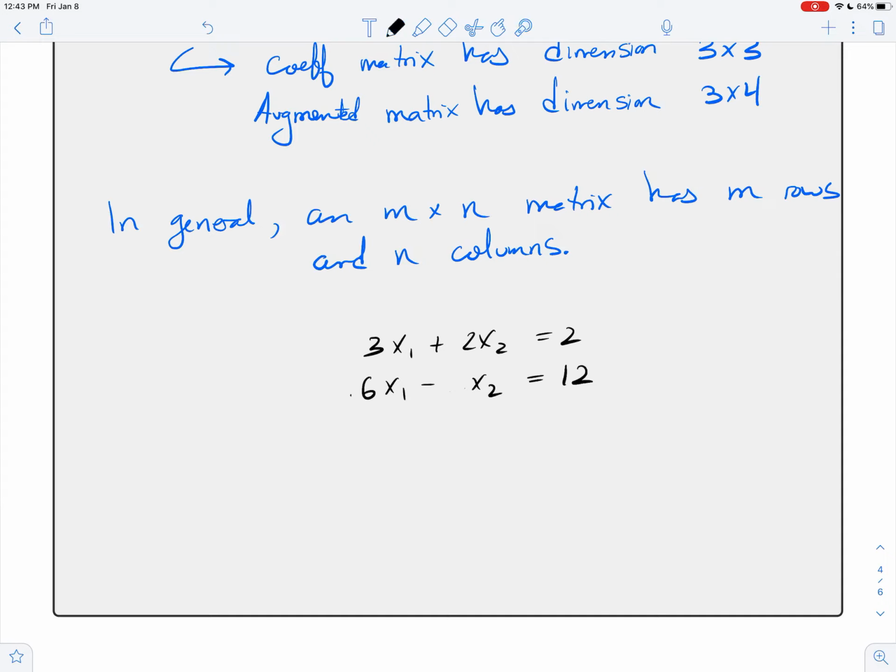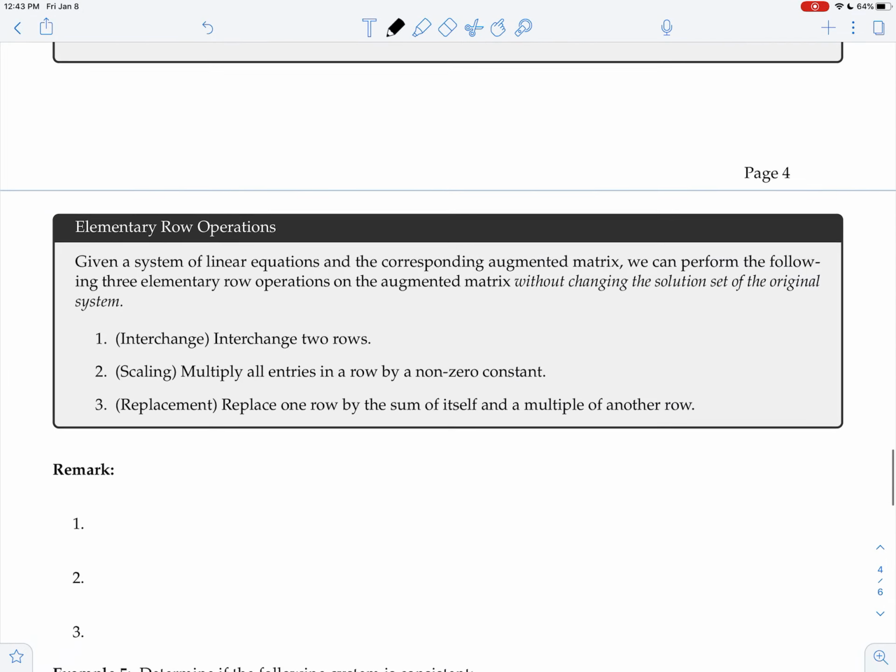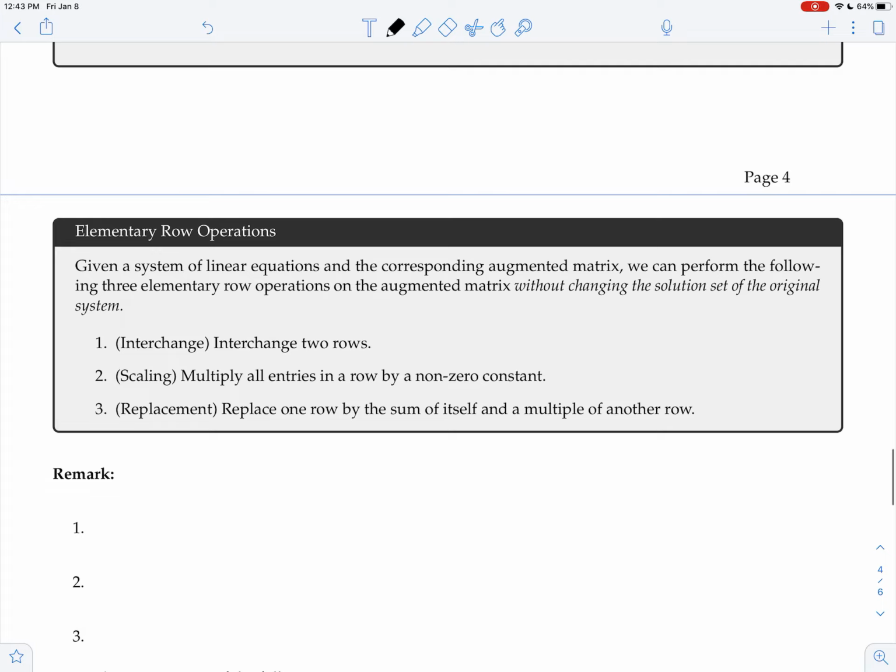So I can multiply this one by 2 and replace this equation with what I get. And you can actually replace an equation by multiplying and then adding. Each of those gives you an equivalent linear system. And so that brings us to the following. These are called elementary row operations. And given a system of linear equations,